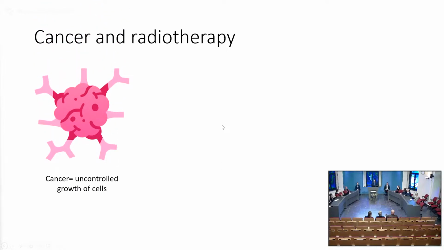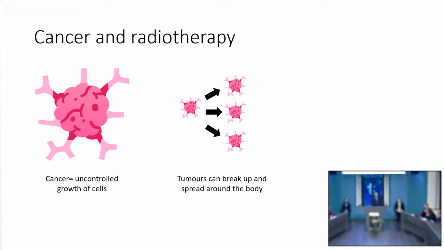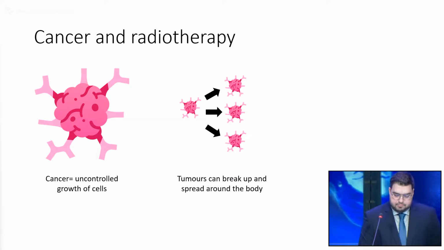Cancer is the uncontrolled growth of abnormal cells. These cells can destroy the organs where they grow. Cancer develops when the body's normal control mechanism stops working. Initially, cancer cells grow into a tumor. Then the tumor breaks up and spreads around the body via the lymph or the blood system. This leads to metastasis or secondary cancer.